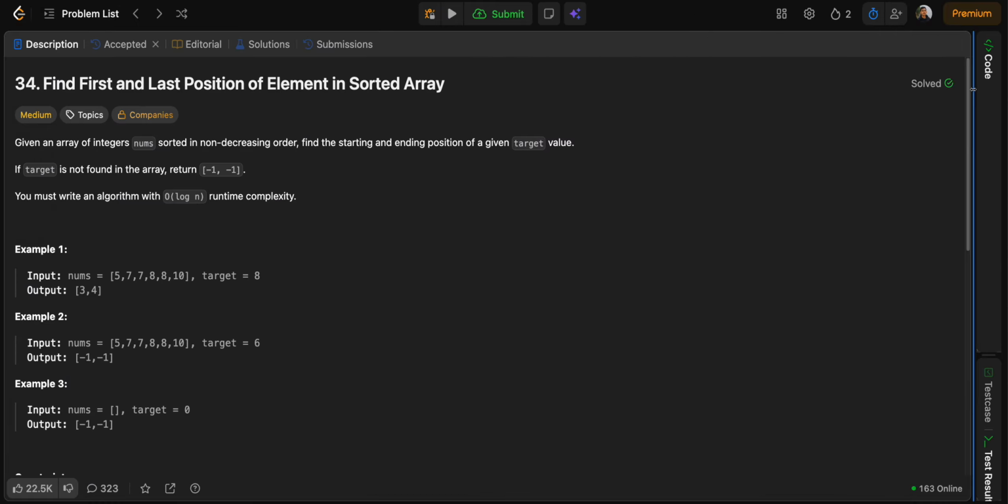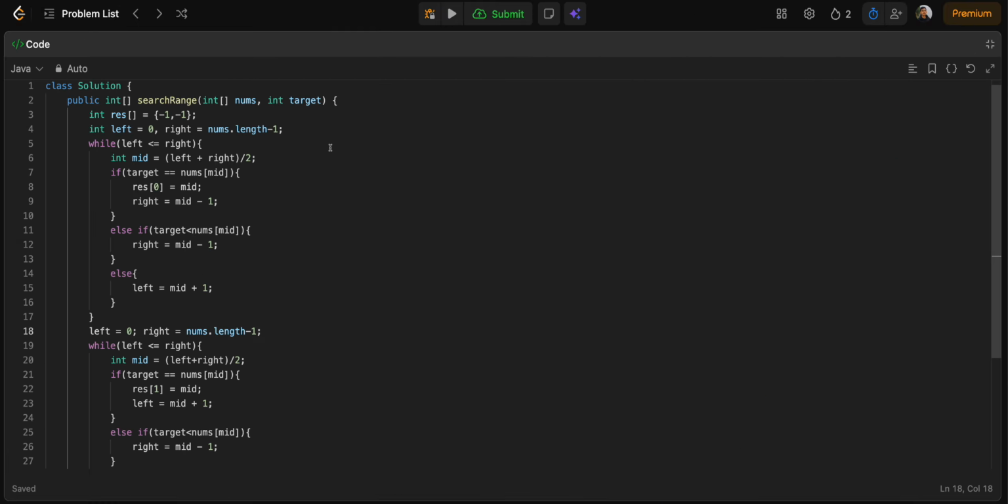Let's see the code for this. This is the code. First we are initializing the result as minus 1 and minus 1. Then we are taking left equals 0 and right equals nums.length minus 1. We are using a while loop here and finding the mid element. If it is equal to target, we are updating the result array. At index 0 we are keeping it mid,